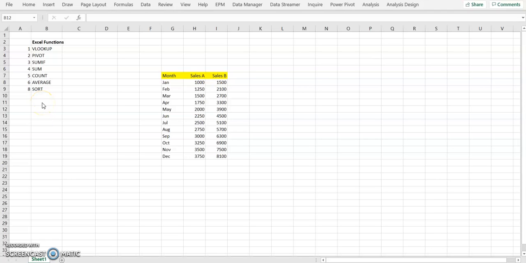First we will look into how we do VLOOKUP. For that I have selected some data here. So we will do the VLOOKUP function. If we want to know a particular month's sales, this is here. You see this month, sales product A, sales product B. So for the month of March,